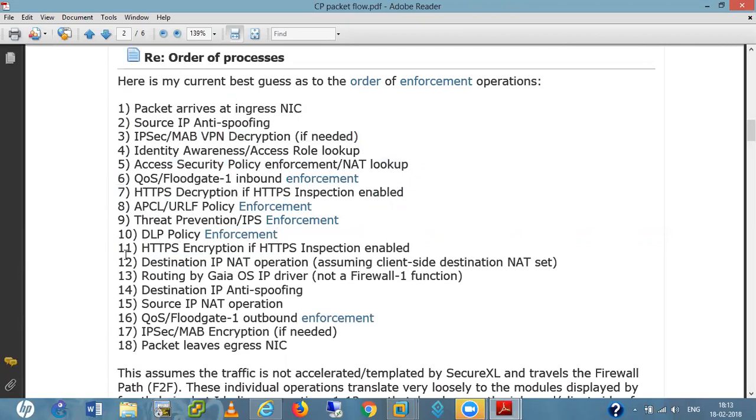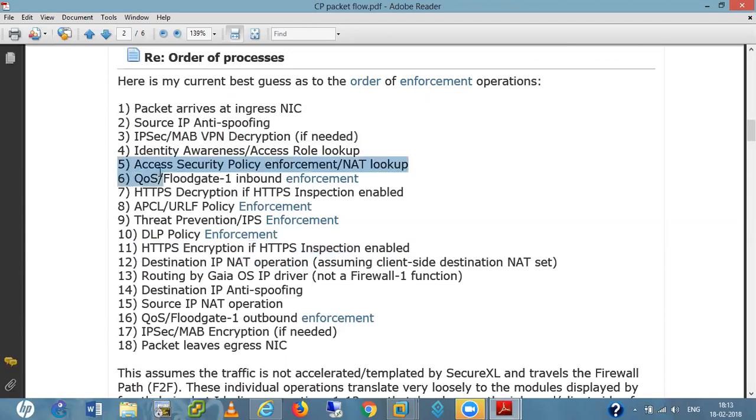After it decrypted here, now it also needs to encrypt this traffic, right? So here it does the HTTPS encryption. Now it checks for destination IP NAT operation. It does the NAT here.